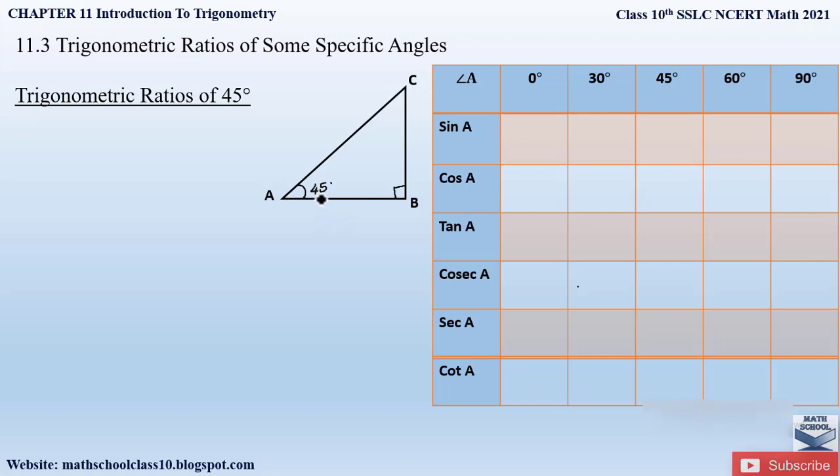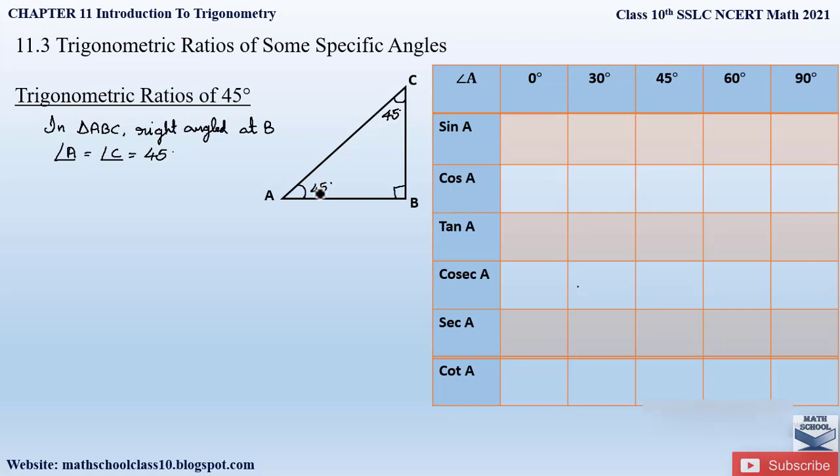So here our angle A is 45 degree, angle B is 90 degree. So what will be our angle C? 45 plus 90 is 135, and 180 minus 135 will be again 45 degree. As we all know, all the 3 angles in a triangle should add up to 180 degree, right? So this is how we obtain our angle C. So we can write, in triangle ABC, which is right angled at B, angle A is equal to angle C is equal to 45 degree.